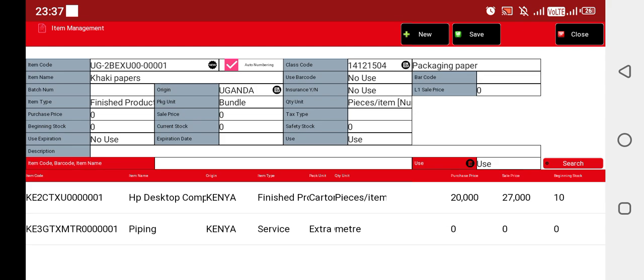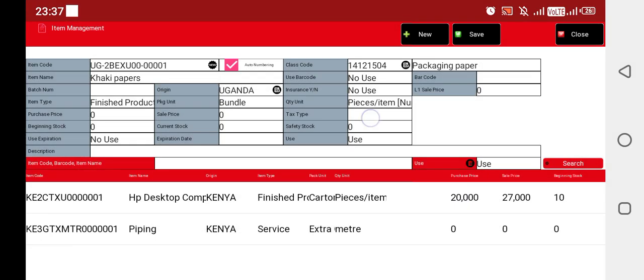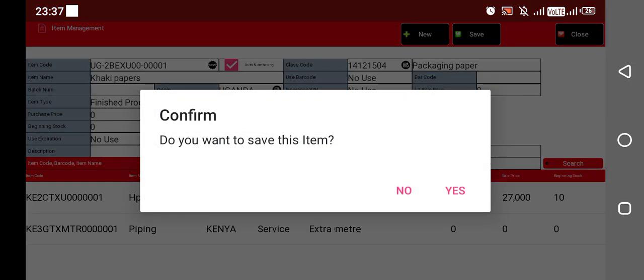So if I try to save that particular item, it's asking for the item type. So maybe this one I'm also doing at 16. So if I save,